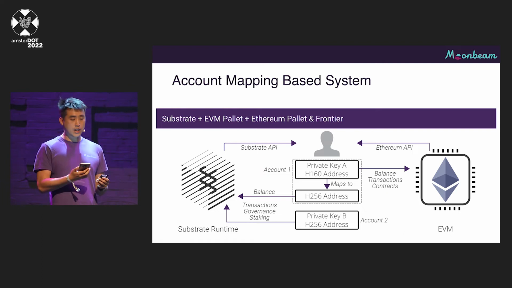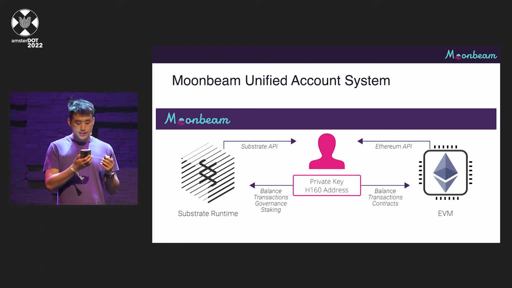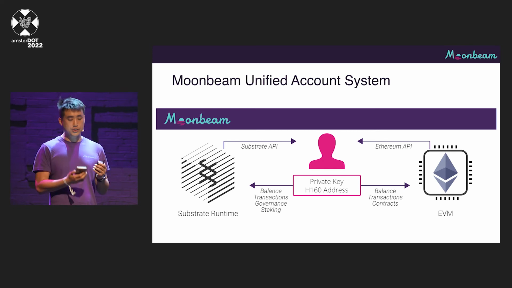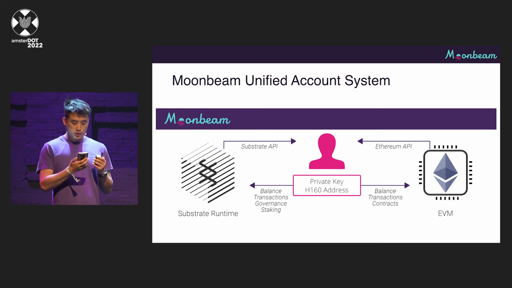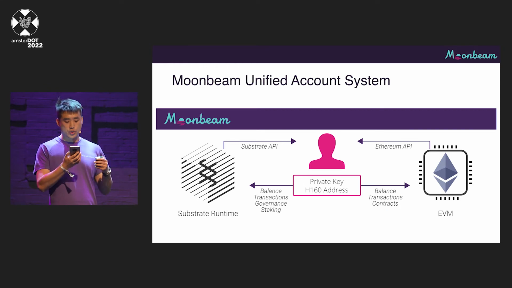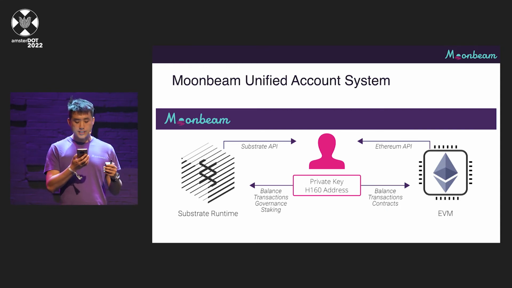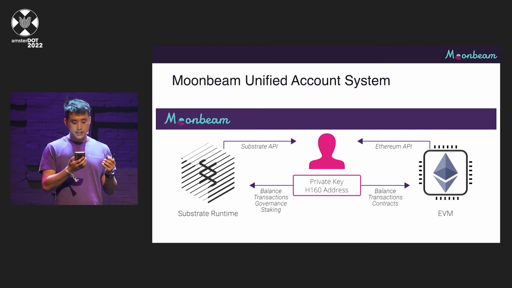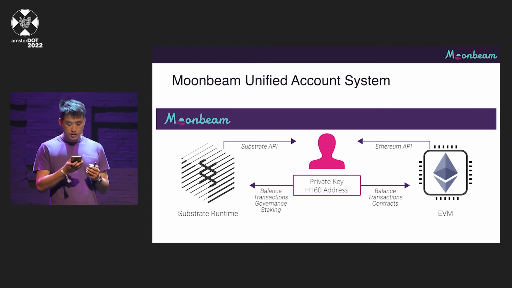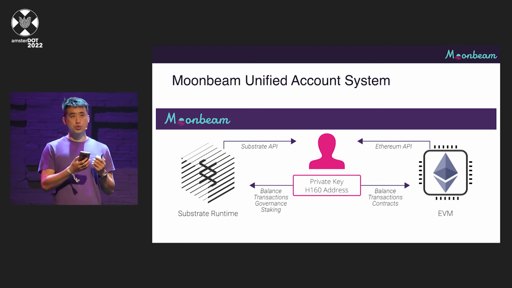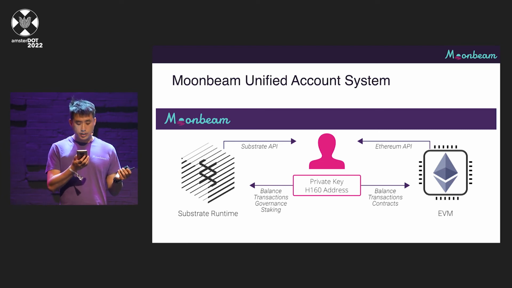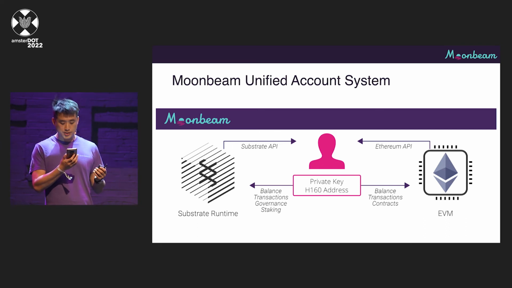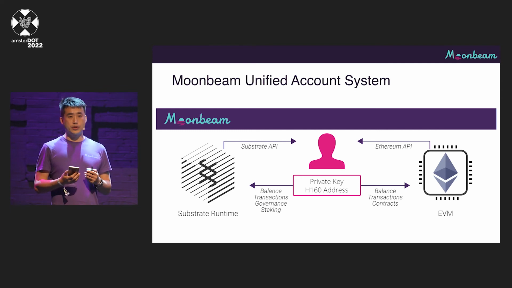So the approach that Moonbeam took is to use a unified account system, which means that we use the same address format and signing scheme as Ethereum, which is the H160 address format and ECDSA signing. So we basically had to revamp a lot of the Substrate account system and how the signing logic works. But we have been pretty happy with our end